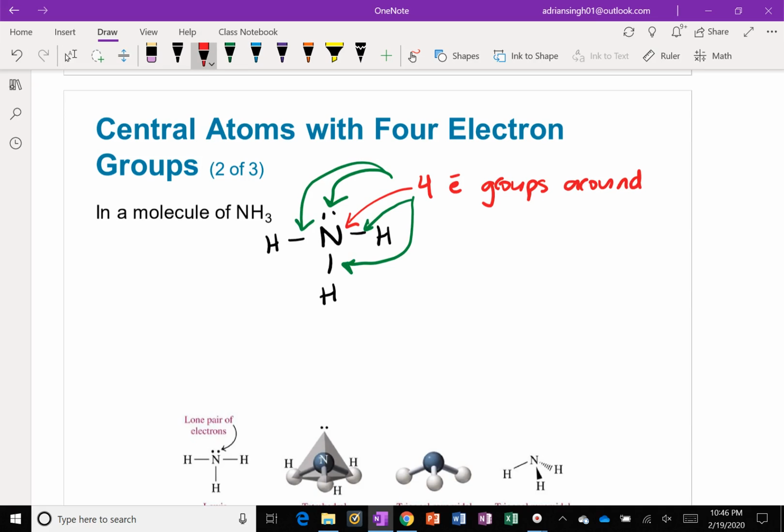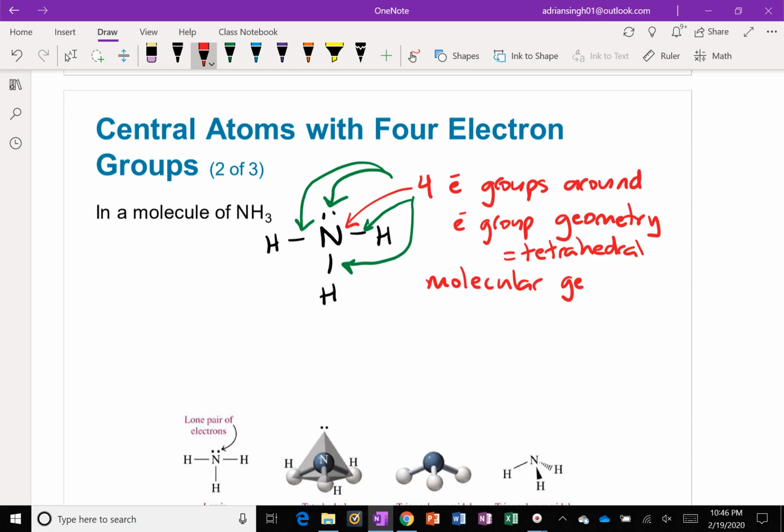Those electron groups, so the electron group geometry, right, would be tetrahedral. Those electron groups will want to adopt that tetrahedral shape. But now the molecular geometry, we just look at the atoms involved. All right, so if we were to draw this,